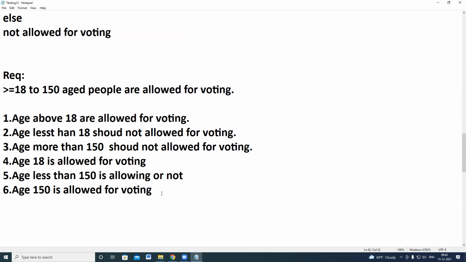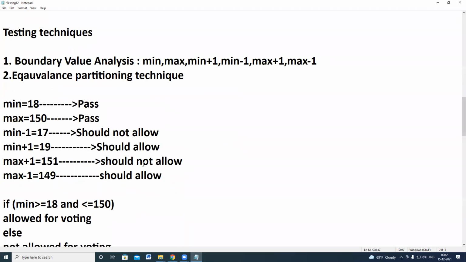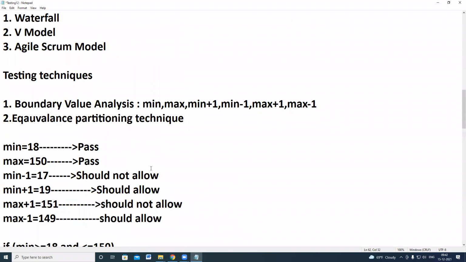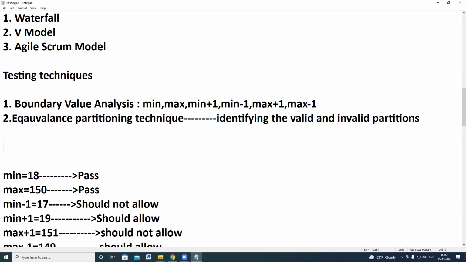But equivalence class partitioning means identifying the valid and invalid partitions for a given requirement.